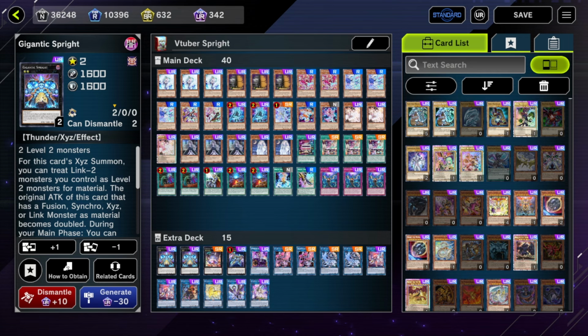Just running 2 means that if the first gets hand trapped, you can still, on follow-up turns, if you live that long, still have access to your Gigantic Spright. And one time,